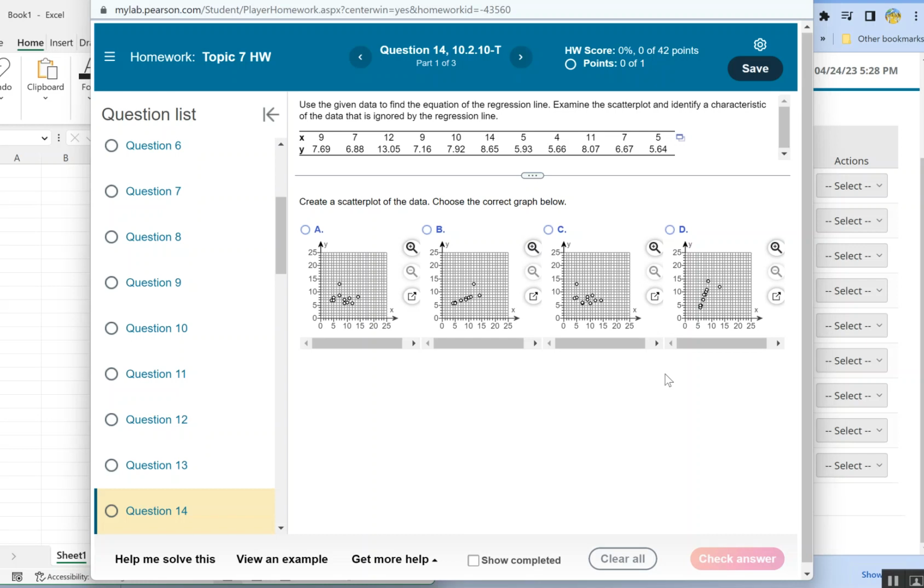Everybody, here is a quick video about using Excel to work with correlation coefficients. I'm looking at question number 14 in the homework, and you can see they give us two variables of data. We have some x values and some y values. They want you to look at the scatter plot and find out some characteristics about the regression line. So here is how you actually make a scatter plot in Excel and how you calculate the R